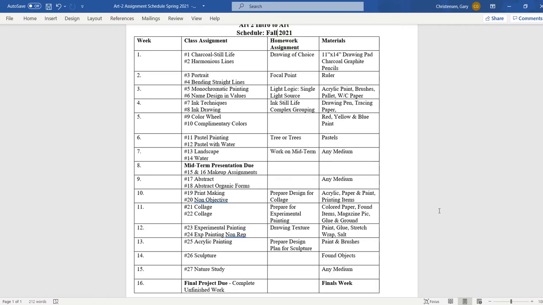Now, when you finish an assignment, you complete something, you're going to send it to me in an email attachment. Like I said, take a digital photo. You're going to send that as an attachment, an image, to me in email. And then I may ask you to work on it more. And I'll give suggestions, and I'll give actual images to work from, and maybe some videos to watch. And then you work on it more and send it back for a better grade. So there's always a potential, always the chance for getting the best grade possible if you keep working on the artwork.